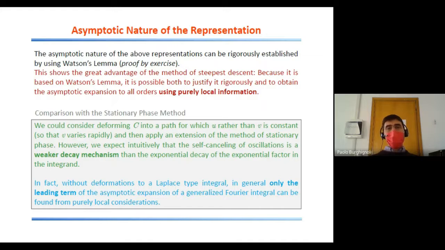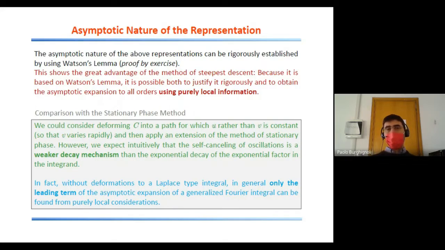An alternative could be to deform the original integration path not to the paths of constant imaginary part v, but rather to the paths of constant real part u. So on those paths, what you get is that the imaginary part v is most rapidly varying, and since this is related to the phase of the exponential, what you would have is that you are maximizing the rate of oscillation of your integral. So we are now in a situation close to the case of Fourier integrals rather than